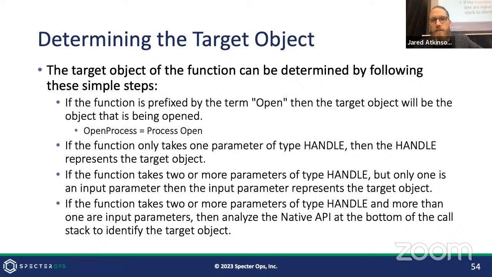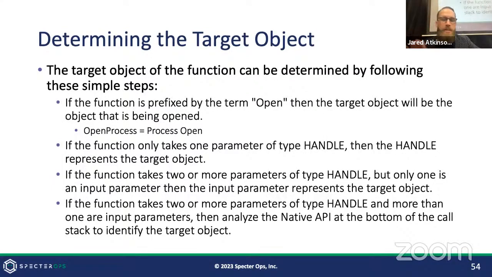Now for all other functions, set thread token is an example. Does anybody have an idea what the operation for set thread token might be? How about duplicate token? What do you think the operation name for duplicate token would be? That one's a little bit token boom. Yep. So it's like a trick question because it's so straightforward, right? You just take the first word and transpose them, I guess. Okay. So